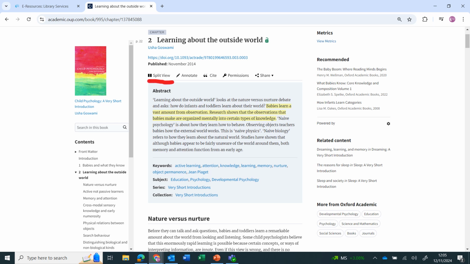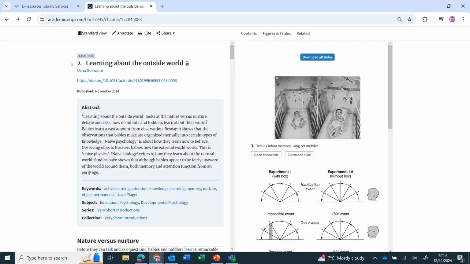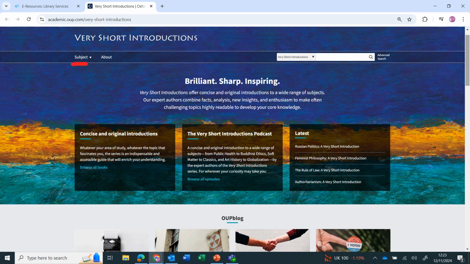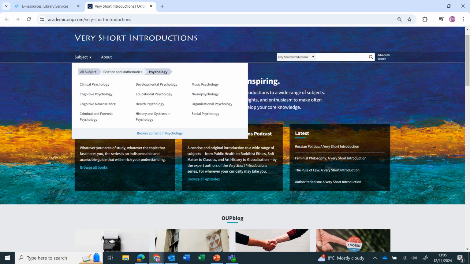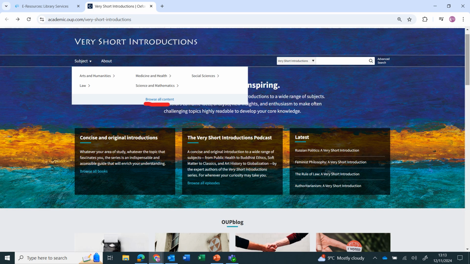Split View displays the chapter text on one side of the screen with the option of the table of contents, or figures and tables, or related content on the other side. You can browse the content by subject, drilling down through the different subject areas. Alternatively, you can browse all content